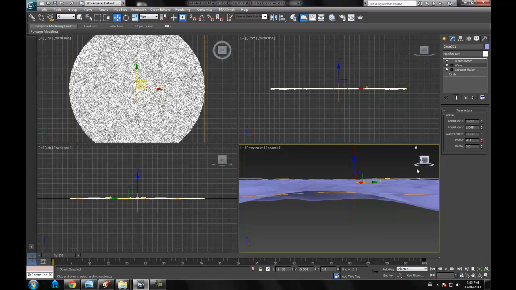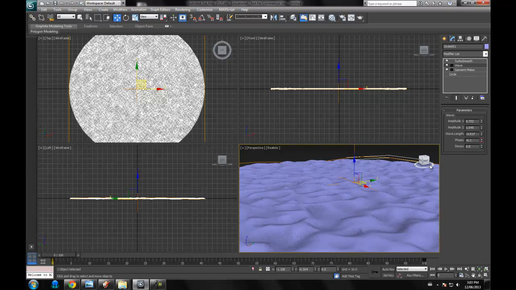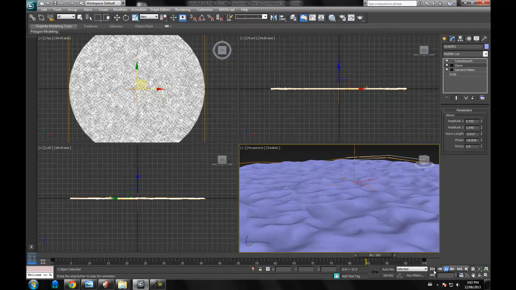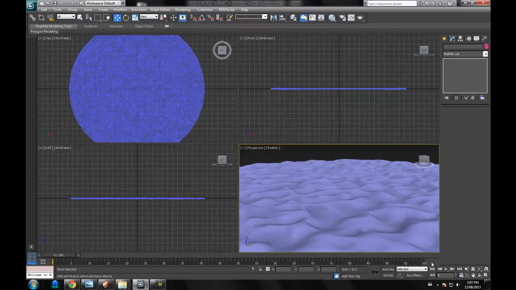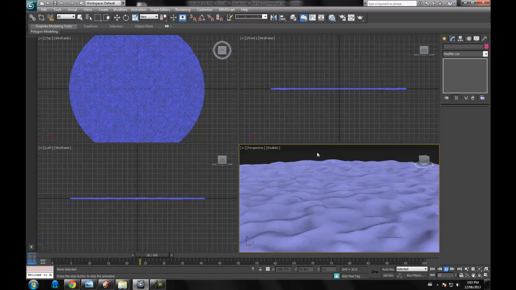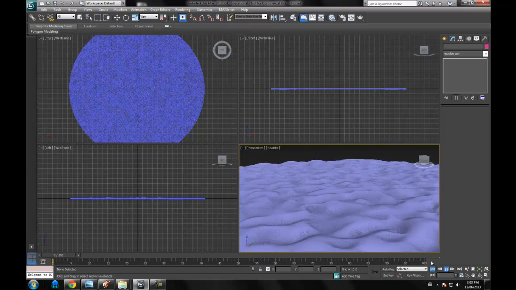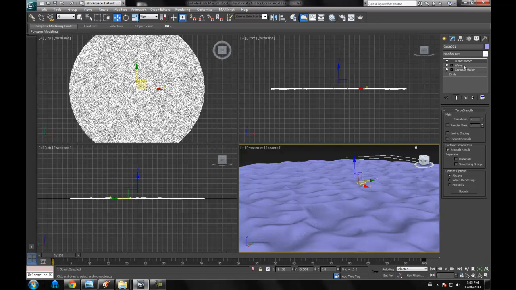Now if you were to play this right now, just play it. Looking pretty choppy. Alright, so we'll stop it. Kind of click away from that, try to get another look at it. Looking pretty quick there, a little bit choppy. So maybe you want to try,